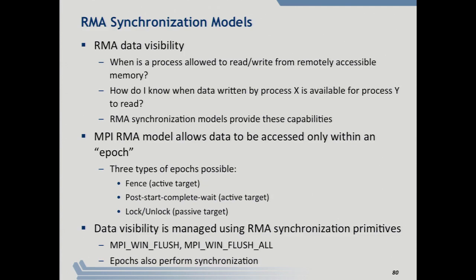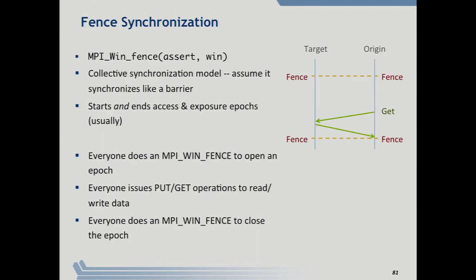Okay. So what does fence look like? Sort of looks like this. It's a very collective synchronization model. Semantically, it's like a barrier. Now, whether or not the implementation actually does a barrier depends on what the implementation wants to do. But from the point of view of looking at your code, you can think of it as I do this barrier-like operation, then processes can do any number of RMA operations, and then at some point, everyone again does